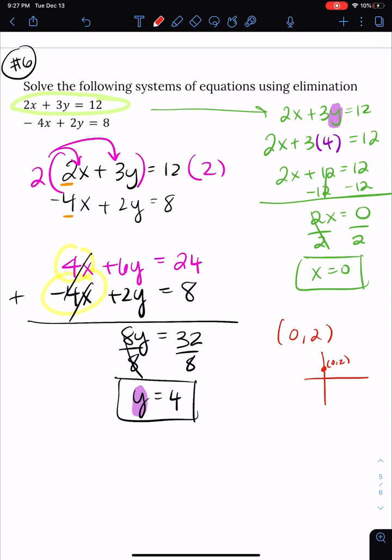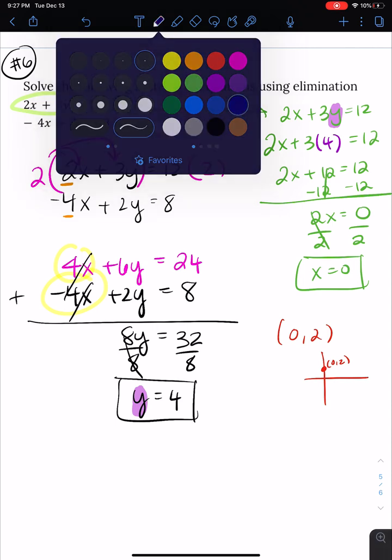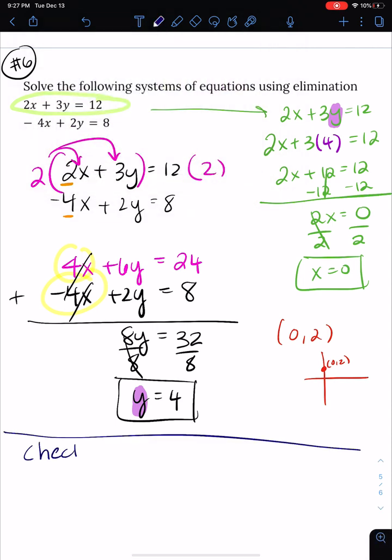If we wanted to check the solution to see if our answer is correct, we can just plug it into one of the equations and see if it holds true. So we can plug it into 2x plus 3y is equal to 12. For x, we're going to plug in 0. And for y, we're going to plug in 2. So we get 0 plus,